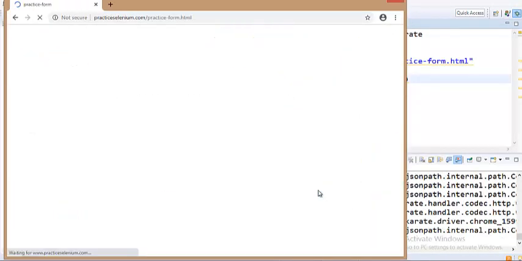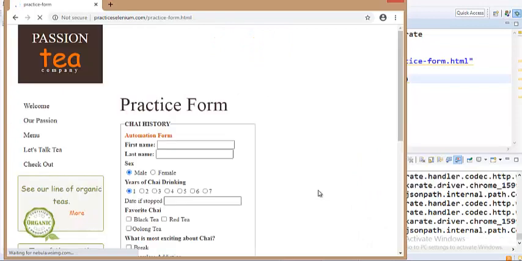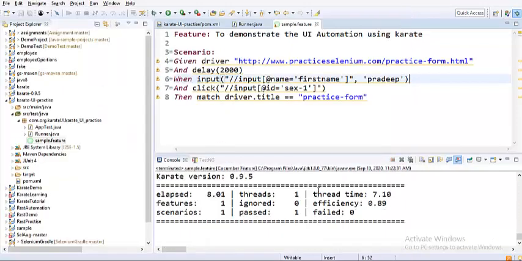Chrome started and it started entering. This time the value got passed. So basically guys, sometimes the single quote and double quote really makes sense. Delay is the function that you basically add to put some delay in there, and we also verified that this particular practice form is present. So this is the basic script guys.